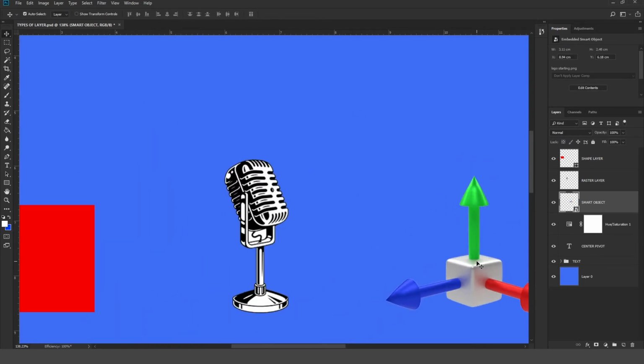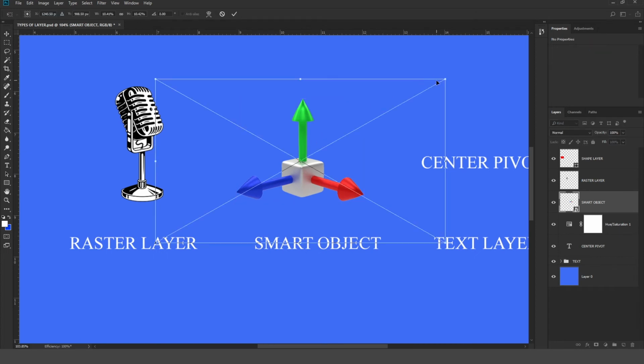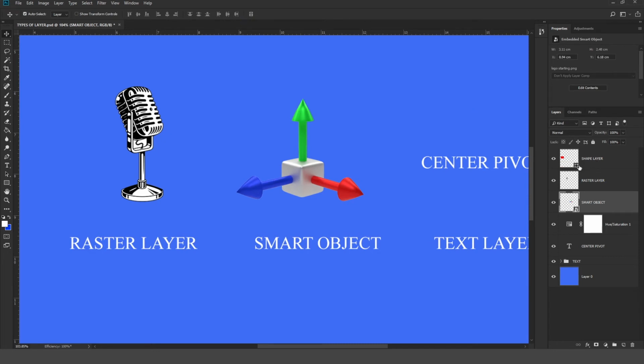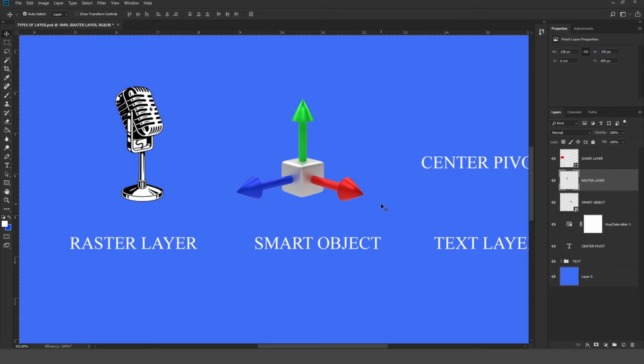If you have 1000 pixels, you can shrink to 500 pixels or 750 pixels, and again convert back to 1000 pixels with a smart object, but it is not possible with a raster layer. Photoshop keeps all the information about the smart object, so you can shrink or enlarge all the things with the smart object. Any layer can be transformed into a smart object. You will see the option convert to smart object. But if you have already lost some quality and then want to gain it back, it will not be possible. However, a Photoshop smart object will give you a better result than a raster layer.